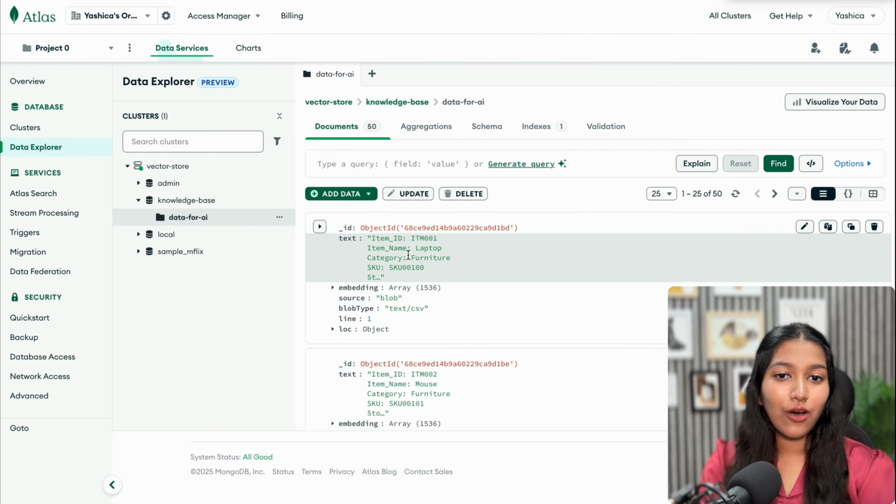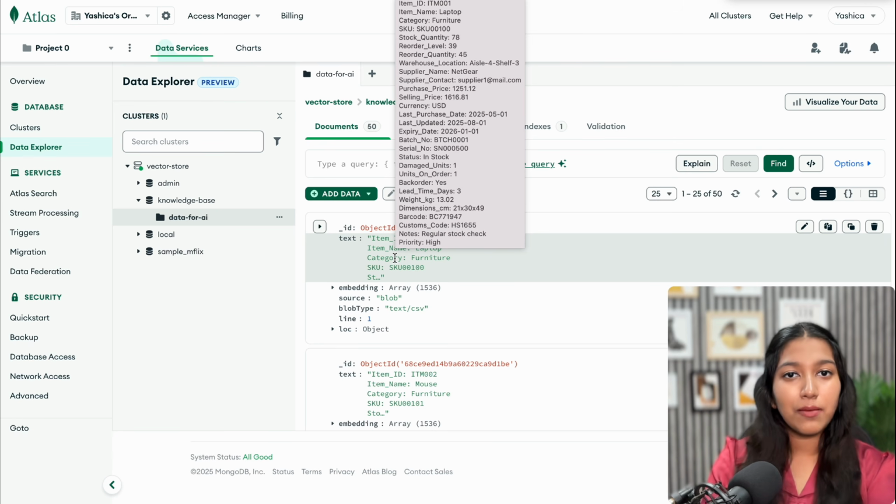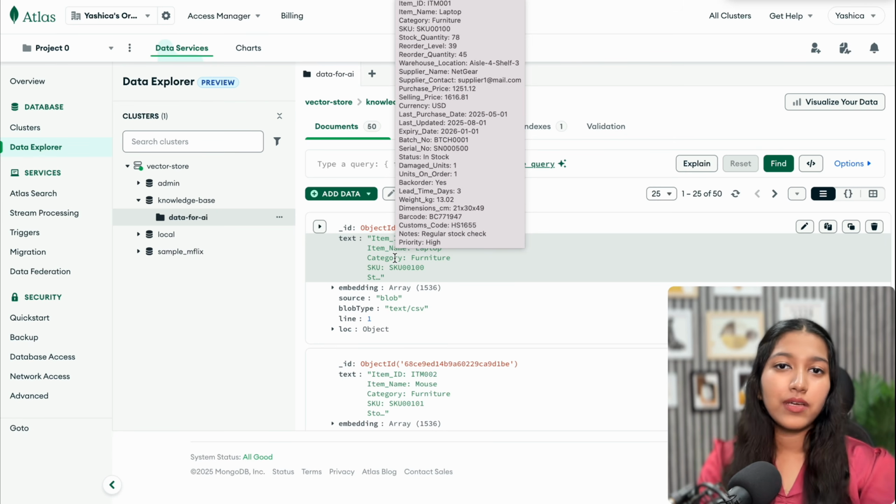And if you notice here, all the data that is associated with one particular row in my CSV has been put together. The reason why this is so important is because the other vector stores that I have used split it around, so the first few columns of a row are in one place, the others are somewhere else, and it becomes very difficult for the AI agent to answer even the simplest question, like what is the price for this item, because the data is so segregated. But in this case, if you ask it what is the price for item ID this, it's going to easily be able to tell you the price for it.